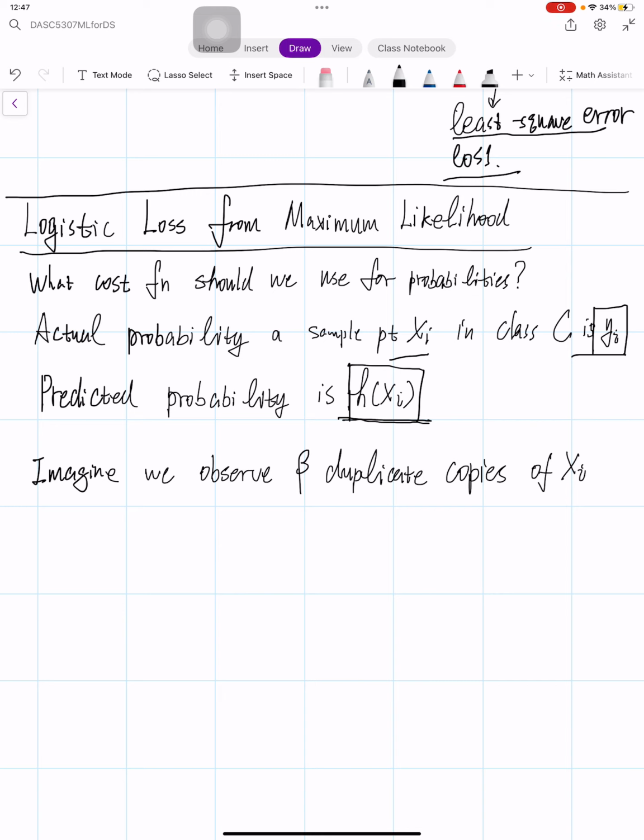Okay, and yi is the probability, right? Suppose it's 0.5, a 50% chance to be in class C. So now if we flip the coin beta times, yi times beta are in class C, and the failure probability is 1 minus yi times beta, not in class C. Okay, then the likelihood function is